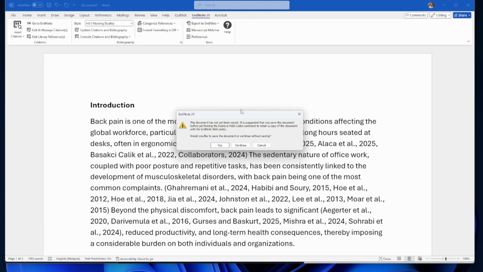You need to convert to plain text mainly for one purpose, which is when you submit your article to a journal for review. Because when you submit an article to a journal for review, if your references are linked to your EndNote, the reviewer and the system would have problem accessing it. But also you can do it if you want to submit for examination, or submit for review by your supervisor, because your document is not linked, so it would be